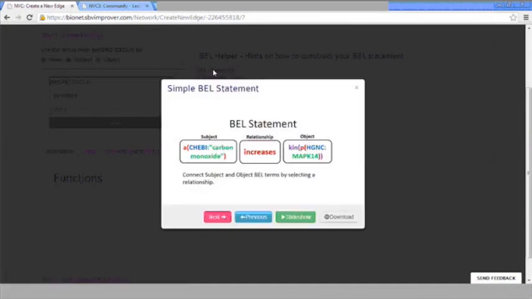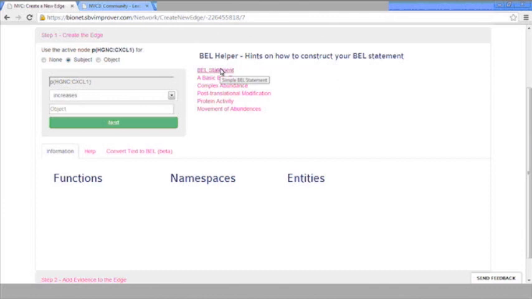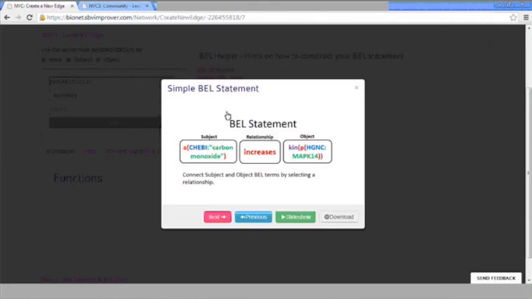So here would be one example of a few of the helper dialog boxes. Here, in terms of generating a generic version of a BEL statement, this is just a basic representation of how it should be represented in the networks. And so this being the abundance of carbon monoxide, which is captured in the CHEBI database, increases the kinase activity